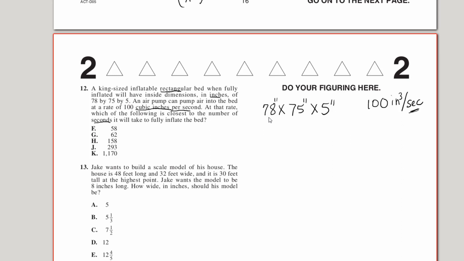So what about if we find the volume of this rectangular surface? Remember, that's length times width times height. We'll just multiply the 78 by 75 by 5, and we get a value of 29,250 cubic inches. And then we're going to take this value and divide through by the 100 cubic inches per second. Remember, when we put a value in the denominator and it's in the denominator of that denominator, it flips and our unit's going to actually be in seconds,